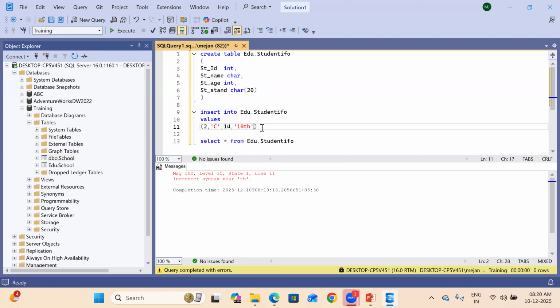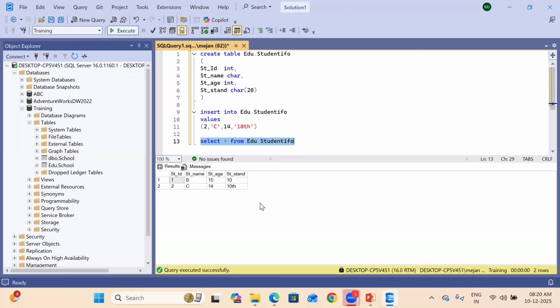So now you just execute this. Okay, one row affected means you just created one row, or you are going to insert one row to the table. So now read the data. See, under the student info table, we have student ID, name, student age, and standard, and we have 2 rows. If you see under the student standard column, one row has just number 10 and another row has